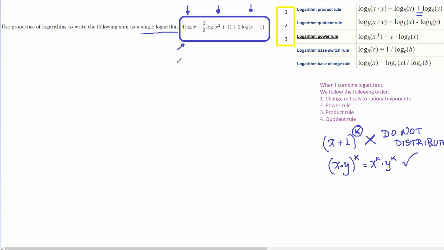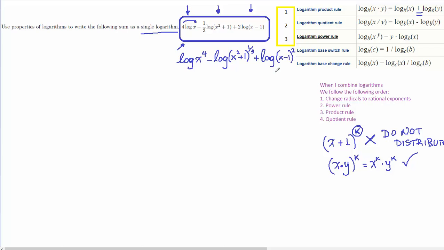So the first one will give me log with argument x to the fourth. So I'm using the power rule the other way, so I move the 4 as an exponent to the x. Minus, the constant that I have is 1/3, and this will go as an exponent inside the argument. So I have log of x squared plus 1 to the 1/3, plus, and now I have the number 2 that I need to bring as an exponent here, and this will be log of x minus 1